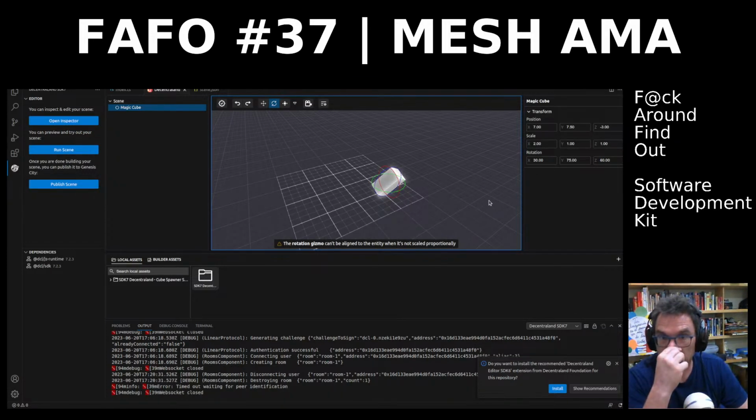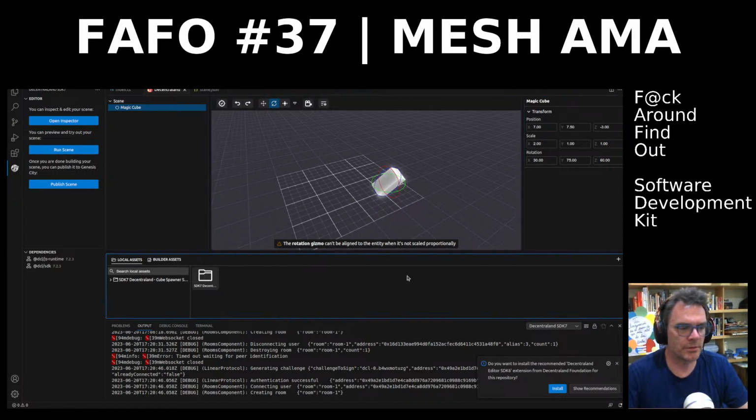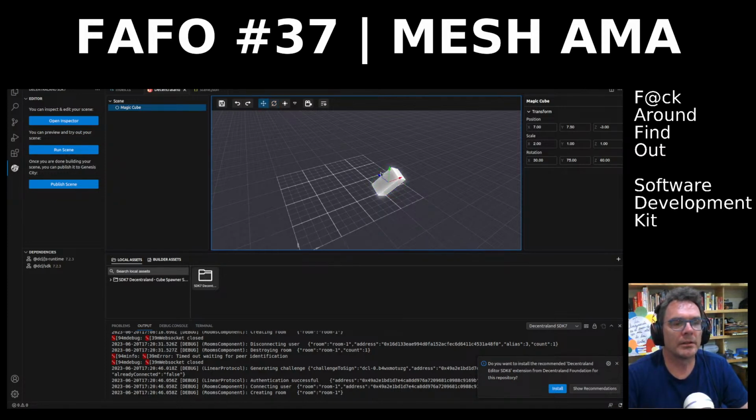So on Linux, Ubuntu, I think it's 22.0 something long-term support, run scene in Visual Studio Code doesn't work. That's one thing. Can't be aligned to the entity when it's not scaled proportionally. Okay, I don't care about that. I just want to be able to change it